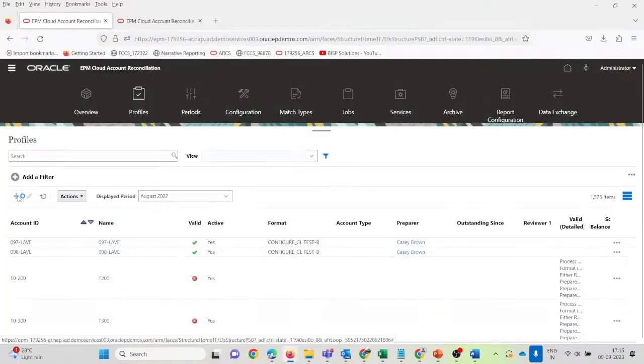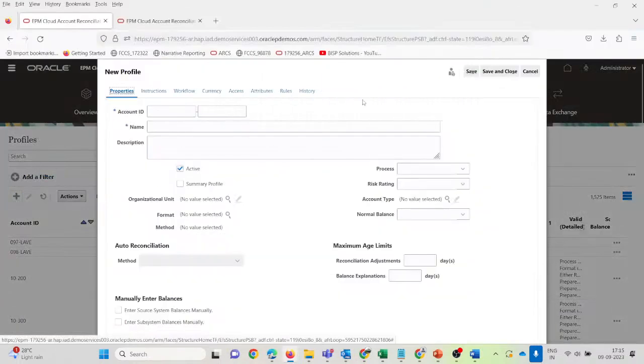So under profile, we will create 101-10104. So what it is,